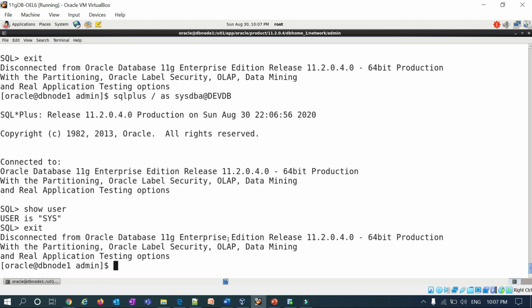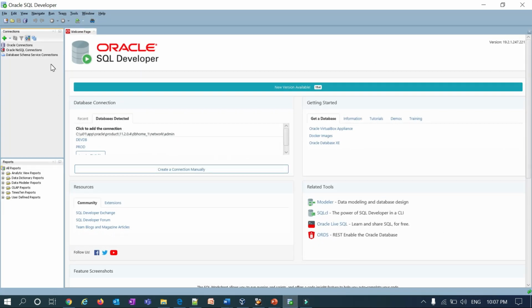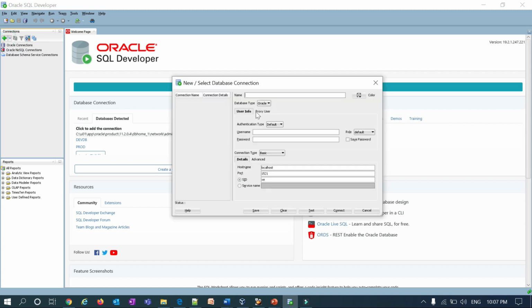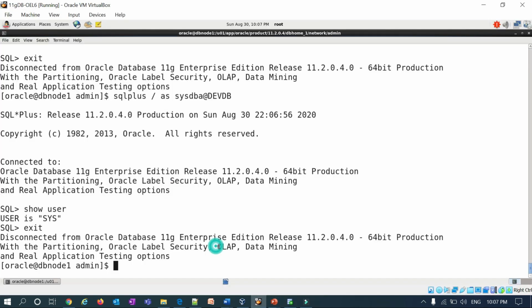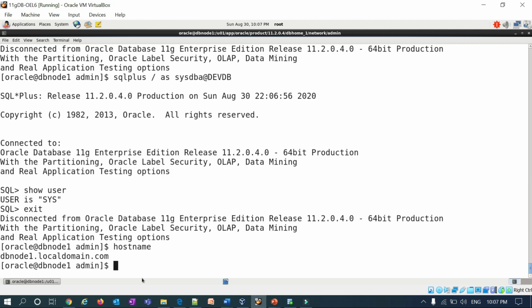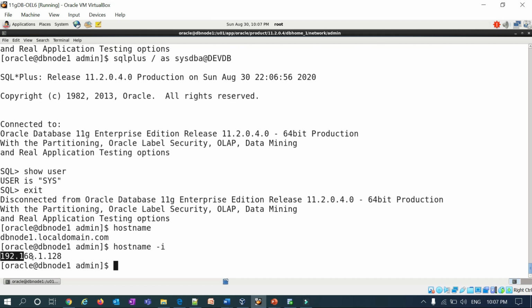Now I'll show you using SQL Developer. I already opened my SQL Developer here, and I'll just try to connect using this plus symbol. You have to click on this plus sign, new connection, and you can give any name, HR hyphen connection, and I can give HR as the name and HR as the password, and you should know your host name, right? So if I do hostname, where my database is running, the host name is this one. If I do hostname -i, I'll get the IP address. I'll use this IP address.